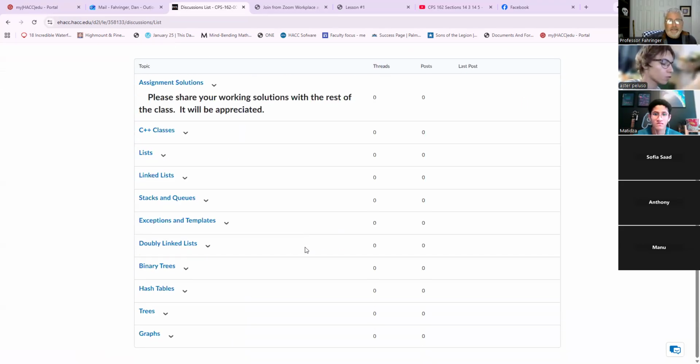Discussion board. You'll see the topics. As we cover a topic, sometimes the group does, we've done this before. Okay, in 161, when you finish an in-class breakout room activity, go and post it. If you're working on a group project and you need to share resources, go stick it on a discussion board.